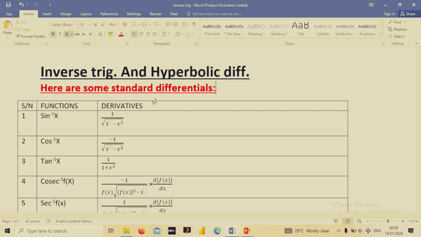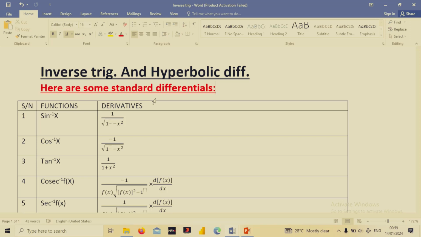This helps in solving most especially equations or differentiations that are very long, and you have little time to spend on them. So those standard differentials help a lot if you can master them and memorize them. So today I brought before you some of them that are very helpful. They are very important in solving any